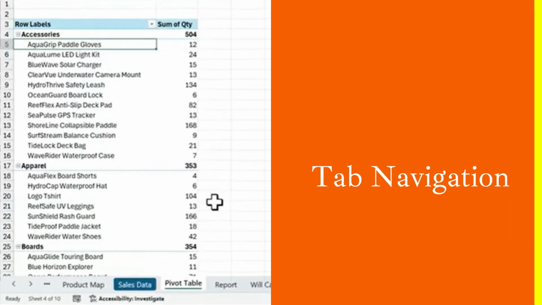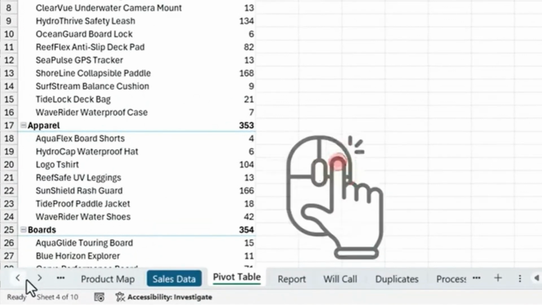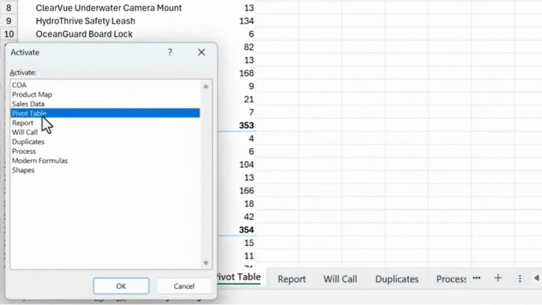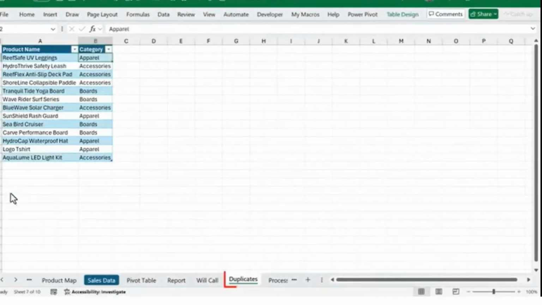When you're working in a workbook that contains a lot of sheets, one easy navigation trick is just right-click right here where these two arrows are. That'll bring up a list of all of the sheets in the workbook. And it's much easier to scan these vertically than it is to navigate horizontally across the workbook. And when you find a sheet you're looking for, you could just double-click it, and that'll jump you right to